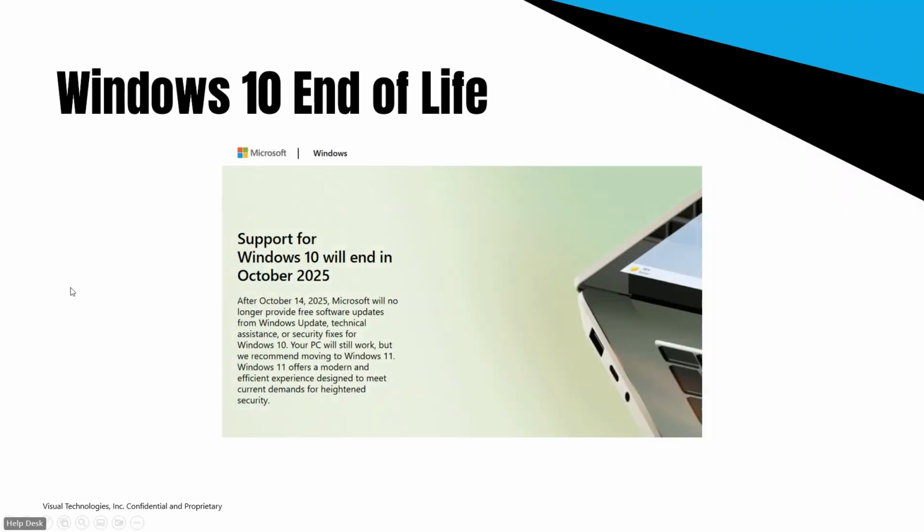I would like to talk about the topic of understanding what Windows 10 end of life is. What does it actually mean for something to become end of life? As we all know, Windows 10 will be end of life in October of this year. In general, when a product reaches its end of life, it's usually at a point when the manufacturer or vendor stops supporting that product. This could be related to software, and in this case, it's related to the actual operating system, Windows 10. When this end of support happens, this means that the vendor is no longer supplying updates, patches, or any type of technical assistance for the product.